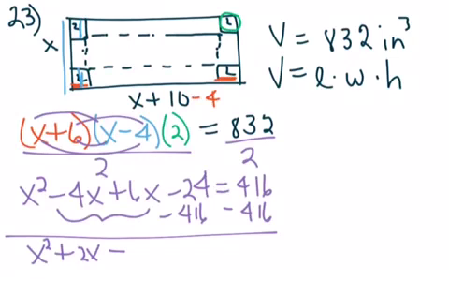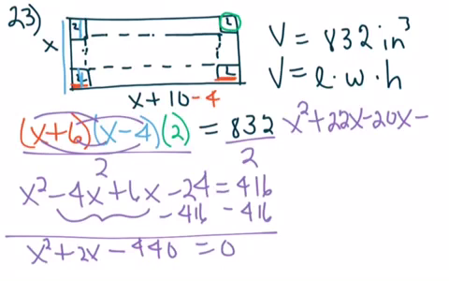minus 440 equals 0. To do AC factoring, we've got to find the factors of 440. 1 times 440, 2 times 220, but for sake of time, I will tell you that those two numbers are 22 and 20. So then we have x squared plus 22x minus 20x minus 440